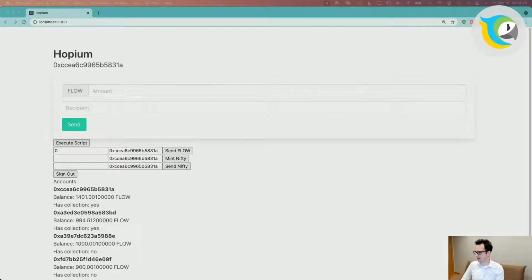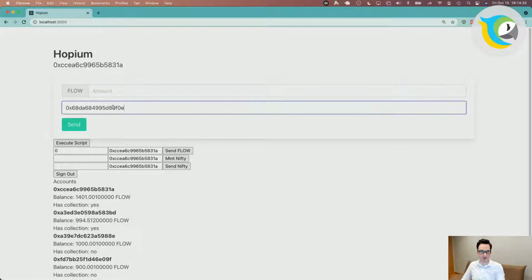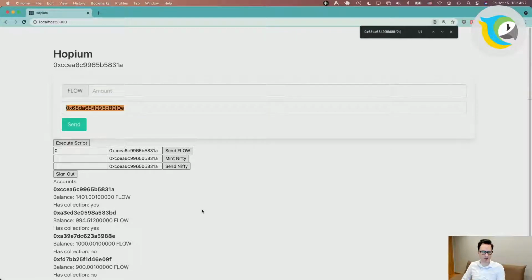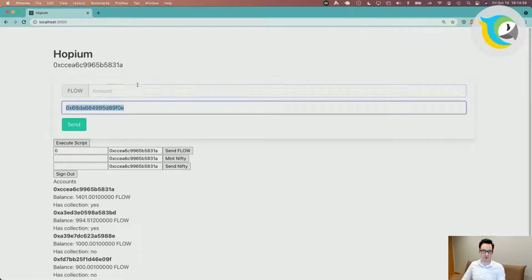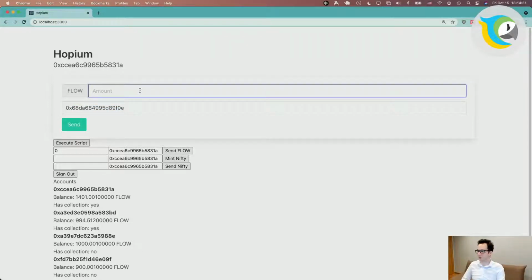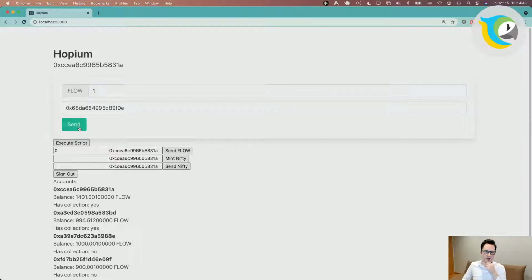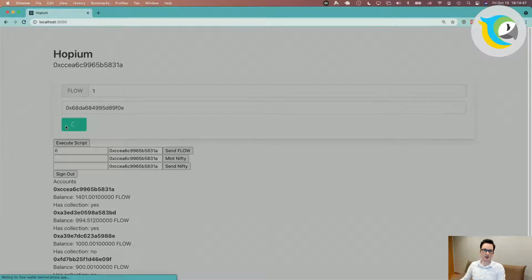All right, Mayrab always coming through with the good stuff. So this is the recipient, and do we have it in the list? No, we don't. It's a good thing that he shared it with us. So let's send one Flow, right? Now, what happens when we click send is very important to the user experience, so we should pay attention to the screen right now. So I'll click send. This turns into a loading indicator.